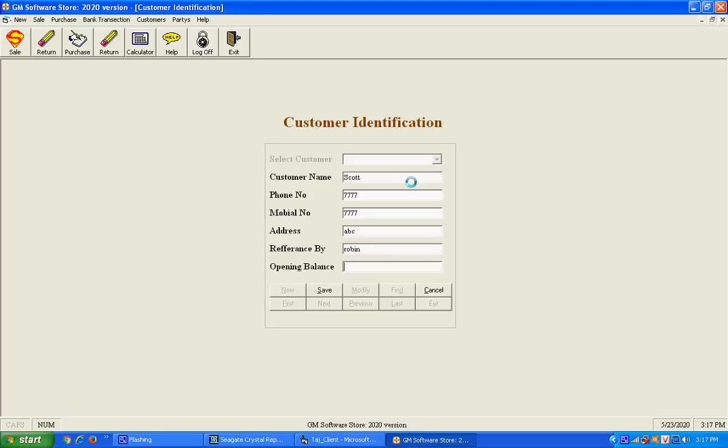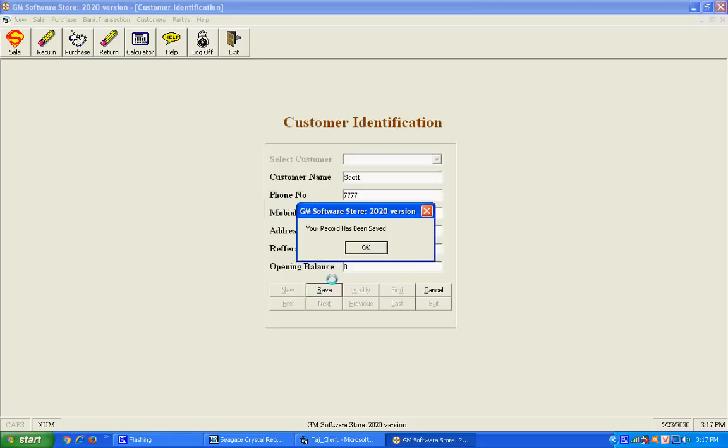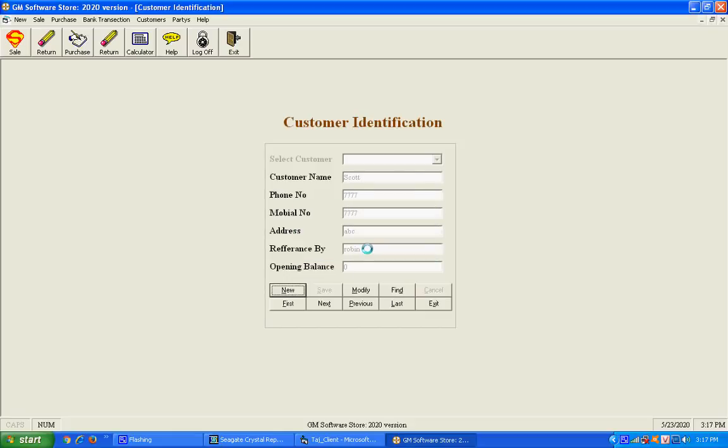The opening balance is 0 because today I am starting with a fresh new customer in our system. I press the save button. Your record has been saved. This customer is added successfully.